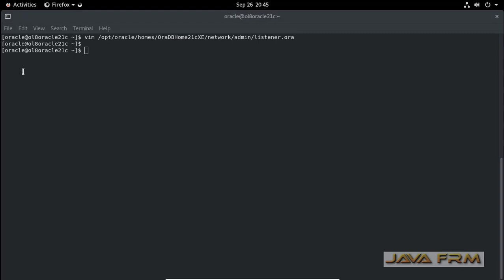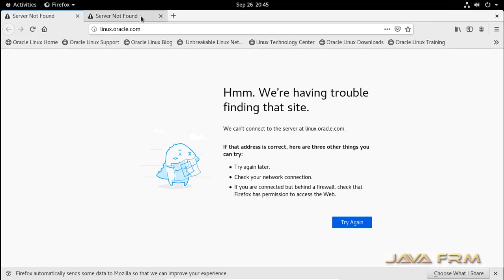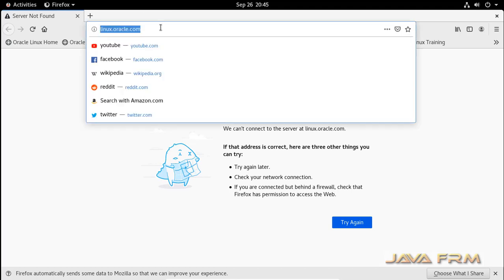Next, I am opening the Firefox browser locally. I am going to check whether I can connect to Enterprise Manager for this 21c Express Edition database. Enterprise Manager for Express Edition is not that useful.